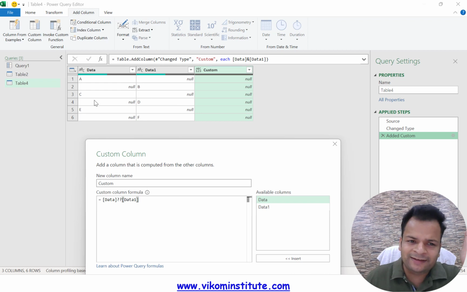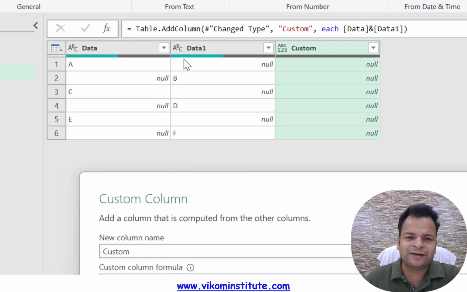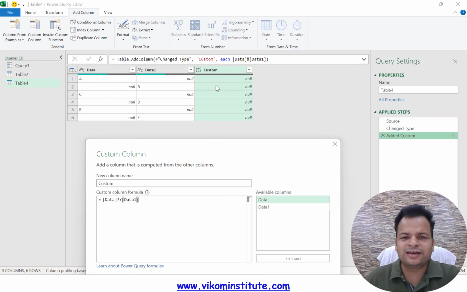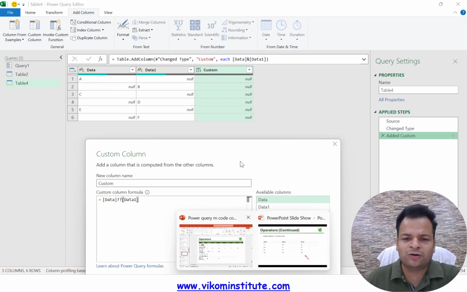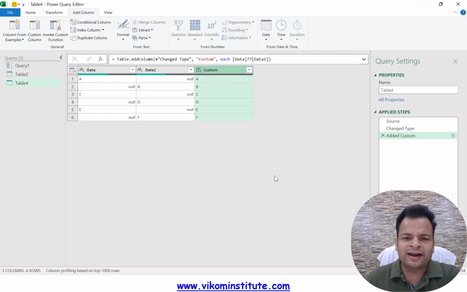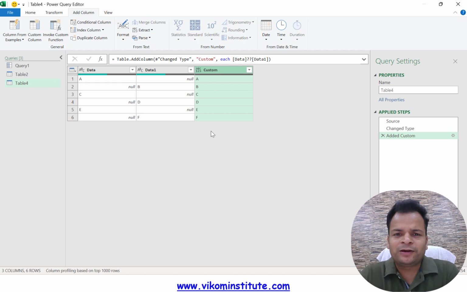If there is text, the left one will always prevail. Let's say here we have C and B, so it will show me C. Now click OK and we get A, B, C, D, E, F, G. So here we have the coalesce operator, the question mark.